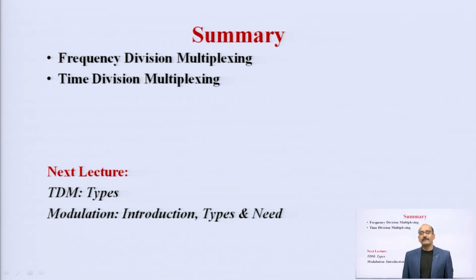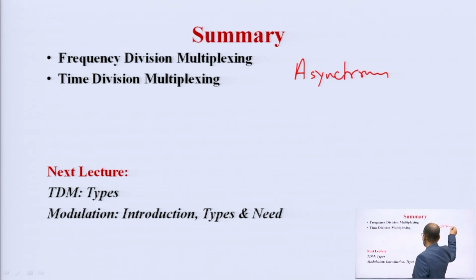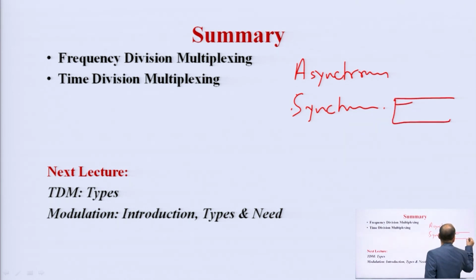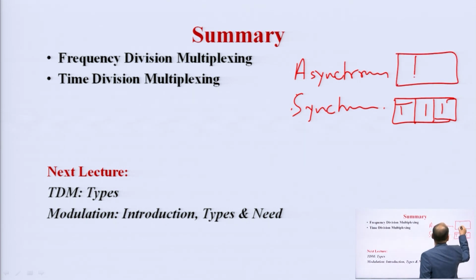So, when we are talking about time division multiplexing, it is also possible of two types, synchronous and asynchronous. It means in synchronous the time slots are of equal range, 1 second, 1 second, 1 second, but in asynchronous the time slots are of various timings,